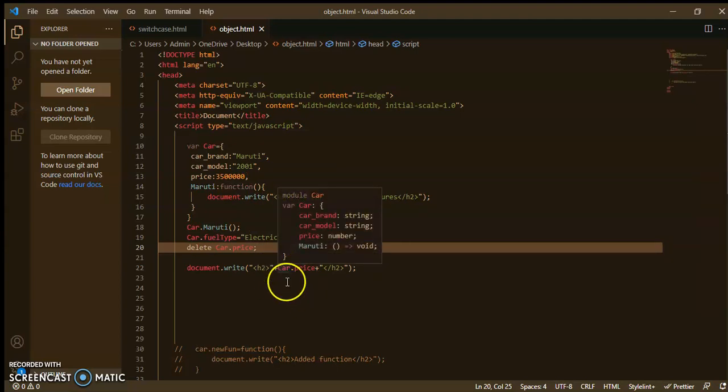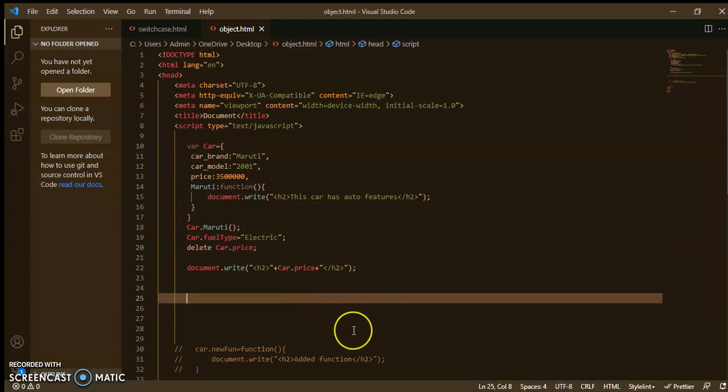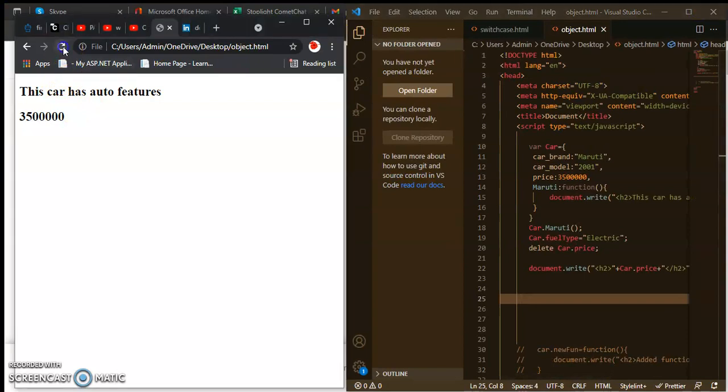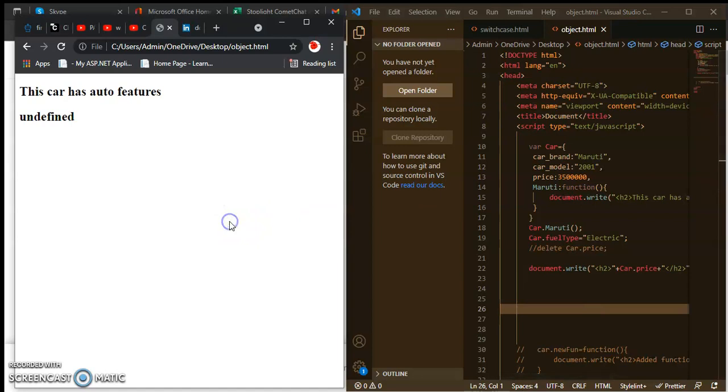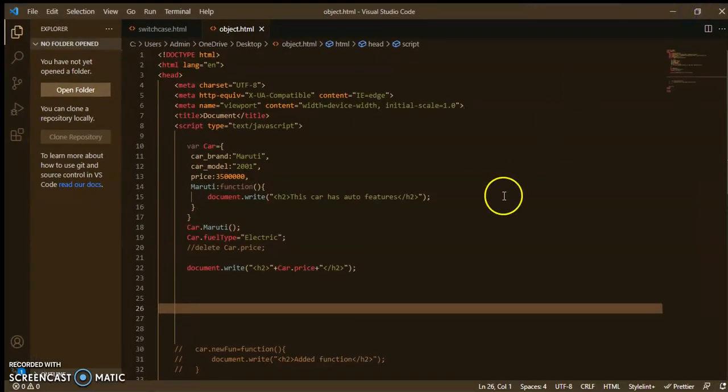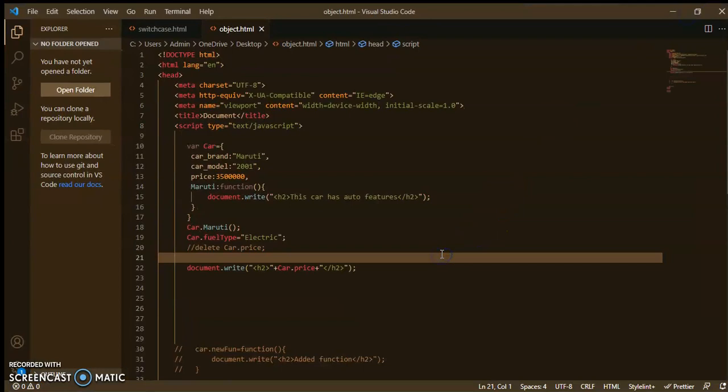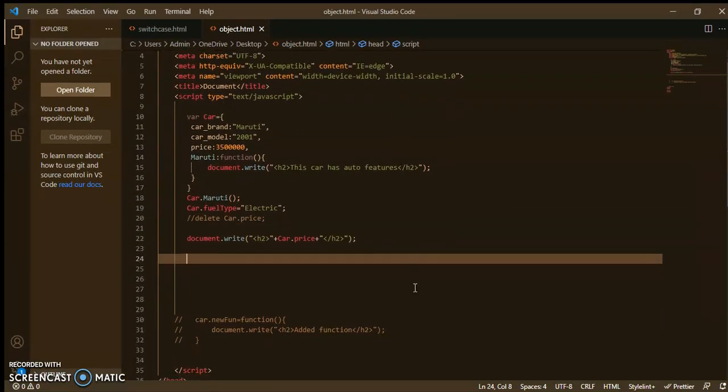I have saved this and it shows undefined. Why? Because I have deleted the price from here. If I don't delete it, just comment it out, it will display the price. So Ctrl+S, press F5 in the browser, and you can see that if not deleted, it displays the original one. So you can delete properties like this and access the properties of objects like this.